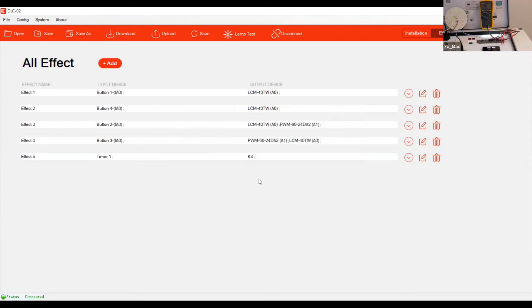The relay will be triggered. Just wait a few seconds. Okay, I believe you hear the relay is triggered and the multimeter is beeping because